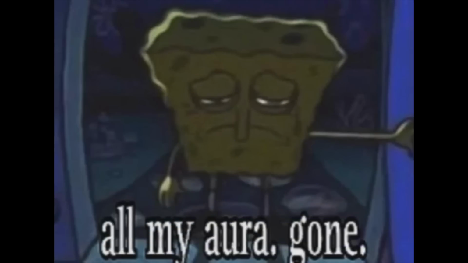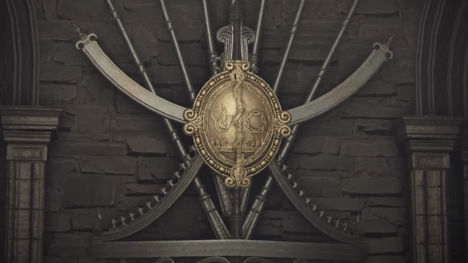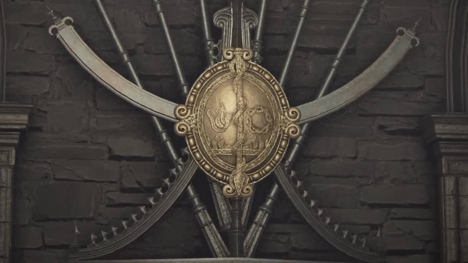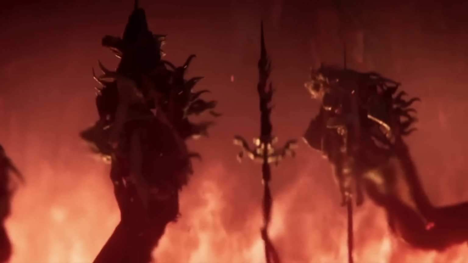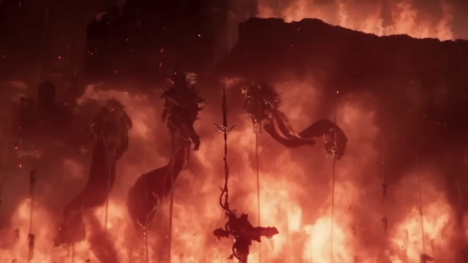Okay guys, my delusional self was recording this video at 4 AM and I completely forgot to elaborate on why I think the right part of the Alliance sigil is connected to Marika and the siege of the Shadow Keep that I believed occurred. In the trailer for the DLC, we see Mesmer's assault on Ballarat, which marked the Erdtree's